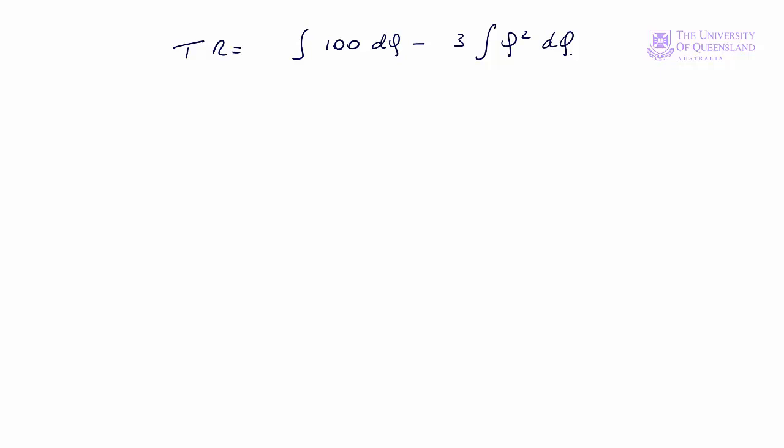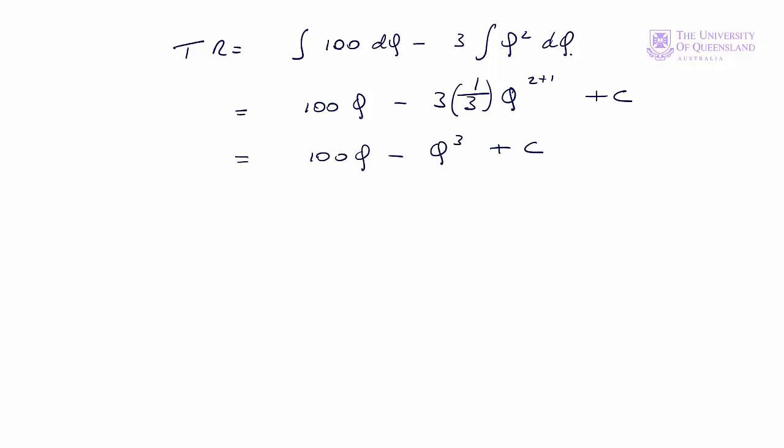Now we can apply our inverse power rules. So we've got a constant there, so that will be 100q minus 3 times q squared plus 1, that is equal to 3, so we'll divide by 3, and then plus c, equal to 100q minus q